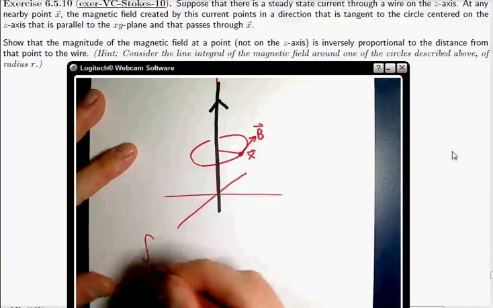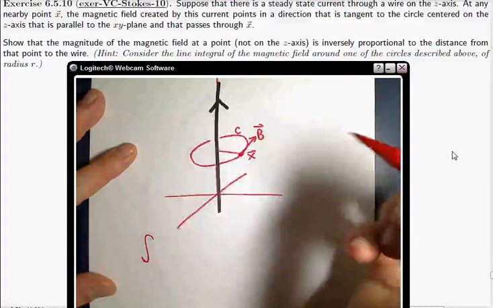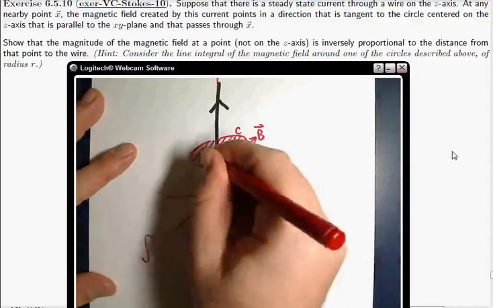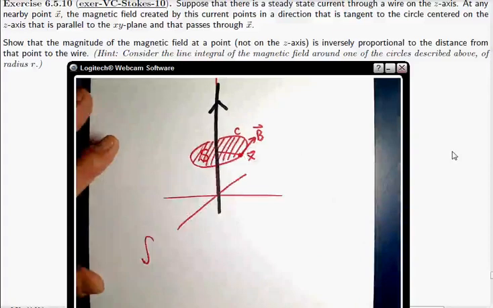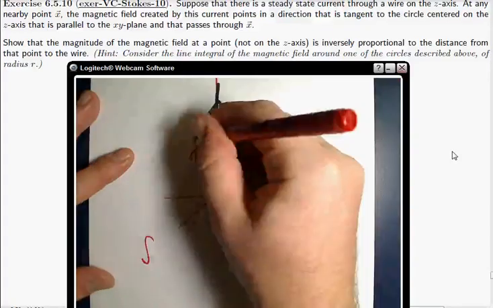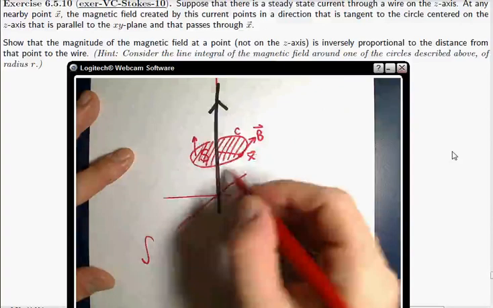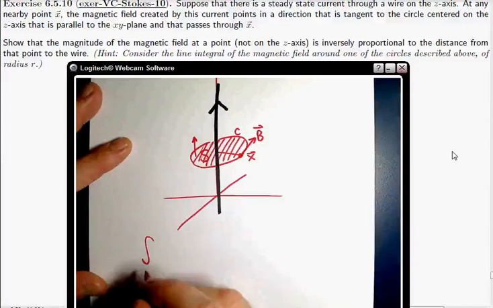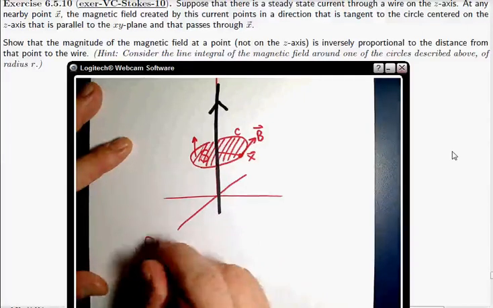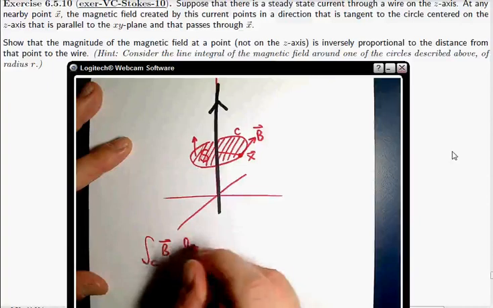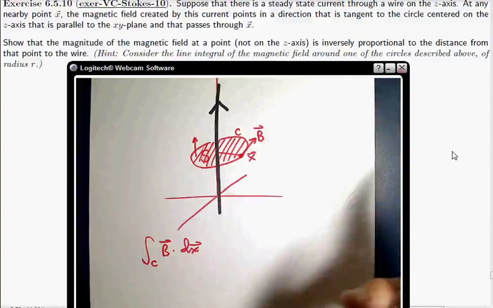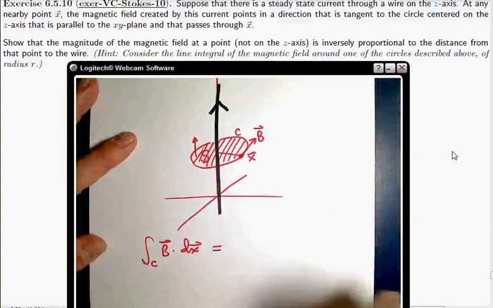So the line integral, by the way, this curve is the boundary of what I might call the surface S, oriented up, let's say, because I want this curve to be going counterclockwise as seen from up. It's my surface. I can set it up any way I want. So we want to do an integral B dot dx around that curve. Well, of course, this is a line integral of the magnetic field around a boundary of a surface. So I can rewrite this as,